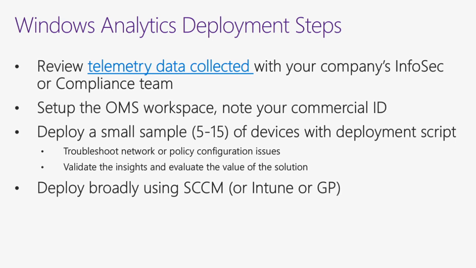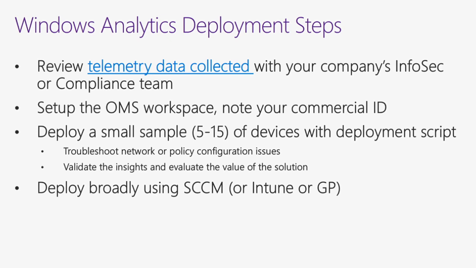once you set it up, will have a GUID in it called a commercial ID, and it identifies the workspace. So you then have to deploy that GUID to a bunch of devices, and that tells us where to route the telemetry to say, okay, we're going to route it to this OMS workspace. So you do that to a few devices. We recommend using a deployment script that we've created, because the deployment script can tell if there's conflicting policy that's trying to turn off